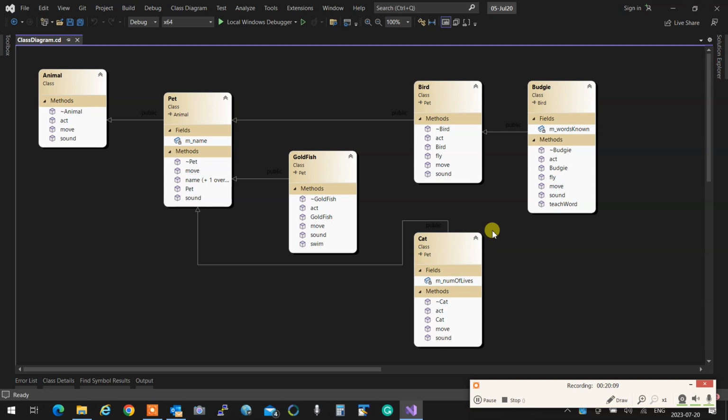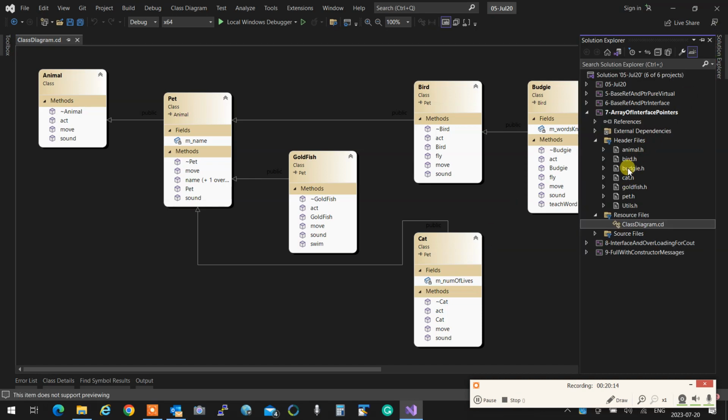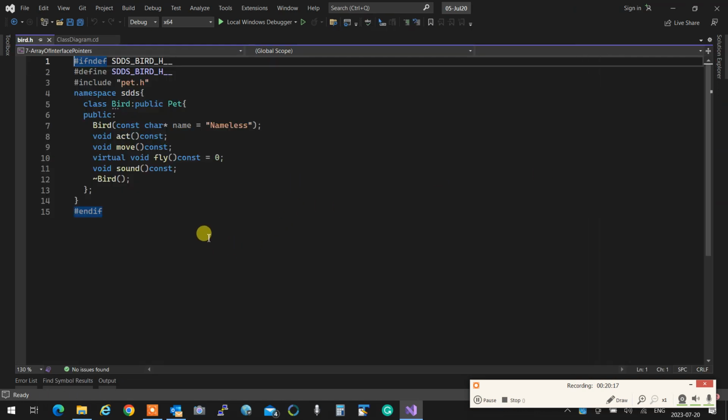But what I wanted to tell you is that the bird that we have over here, when you take a look at this bird, sometimes when you create something, you implement everything that you have in an interface. But then you add something that is still pure virtual in here. So if I didn't have the fly in here for the bird, because I didn't know how the bird flies, I just came up with, I don't know, the chicken doesn't fly, just run fast. And so you have to implement them differently. But what I mean is that when you don't know how the bird flies, not a very good example,